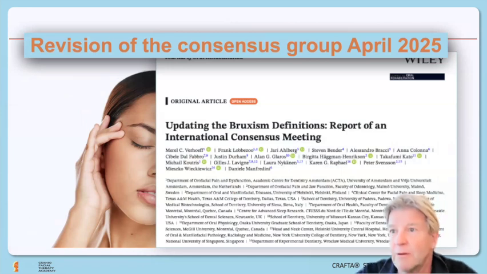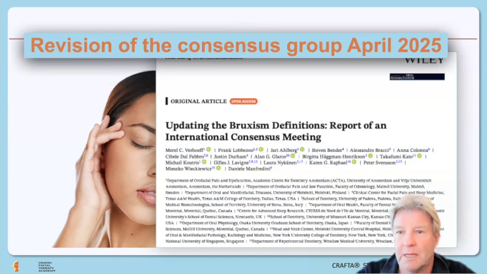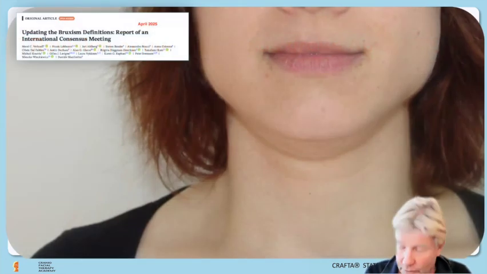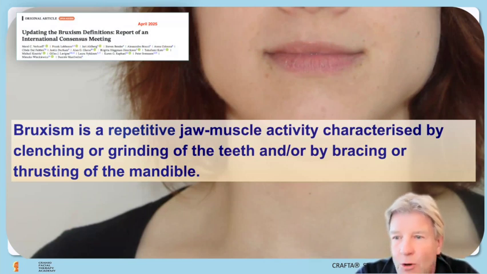Then one month ago, on 15 April, a new update came on the bruxism definitions. The same group had again several meetings, and they rephrased and reflected again on the definitions. In this lecture, I want to integrate this definition, so I hope I'm very actual and accurate. So what is the definition of bruxism? Bruxism is a repetitive jaw muscle activity characterized by clenching, grinding of the teeth, and/or bracing or thrusting